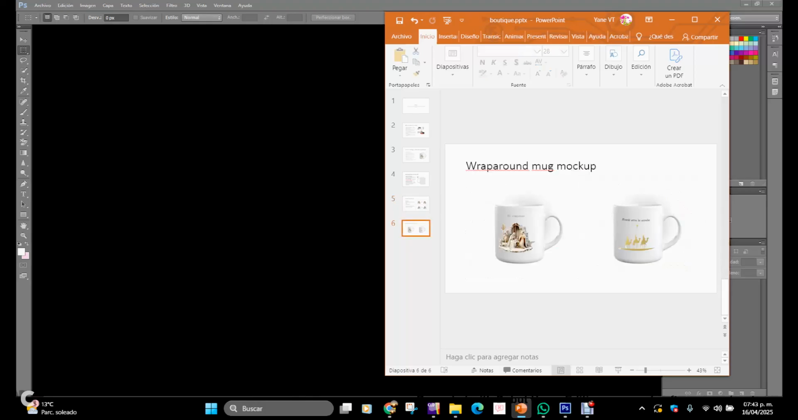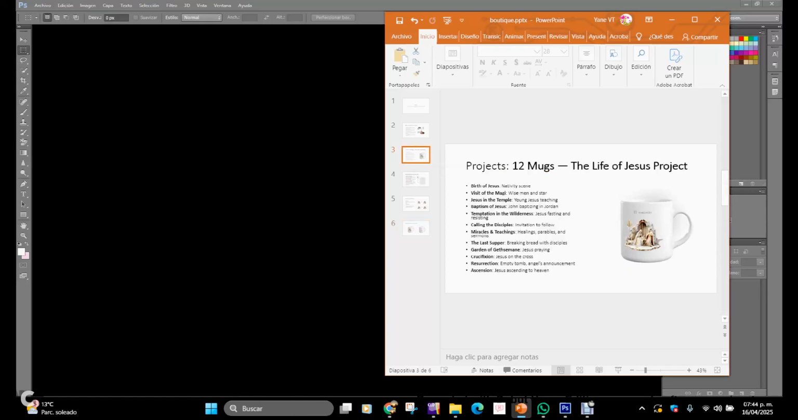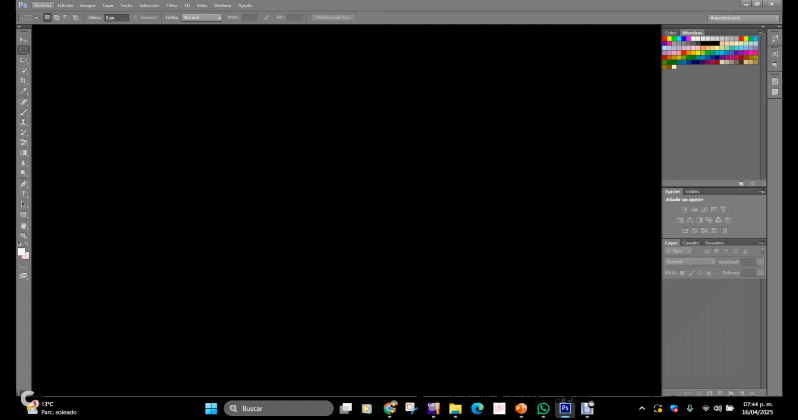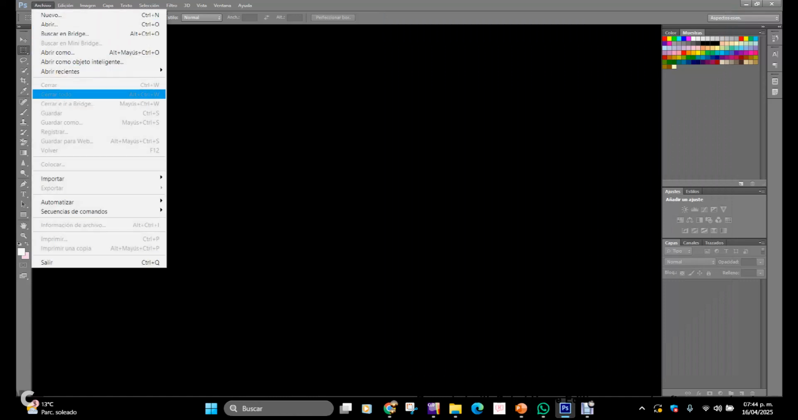Now this is the first station, the bird, and the second station is about the wise men following the star. Now we are going to work with the third station, which is when Jesus is teaching at the temple. So let's start. Here in Photoshop, first